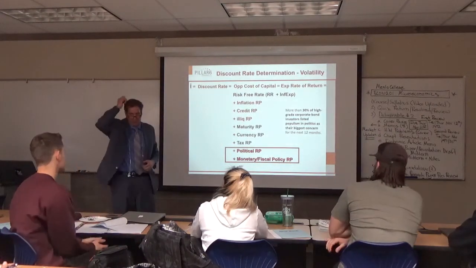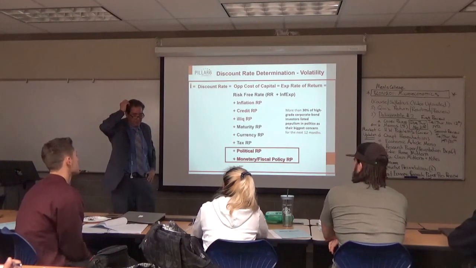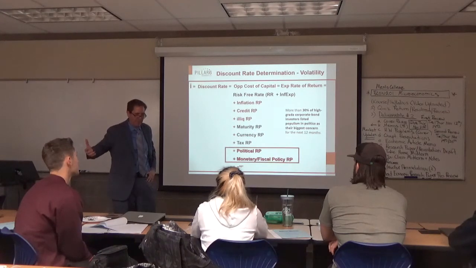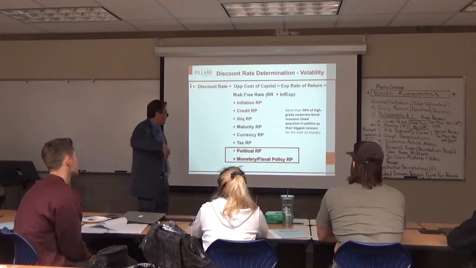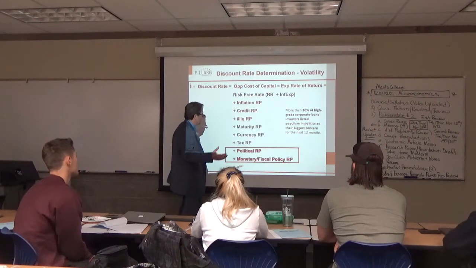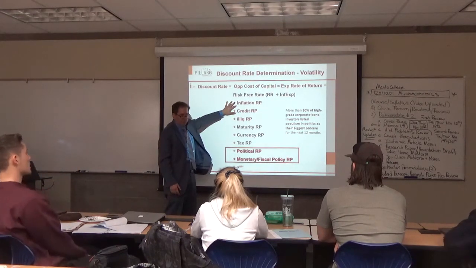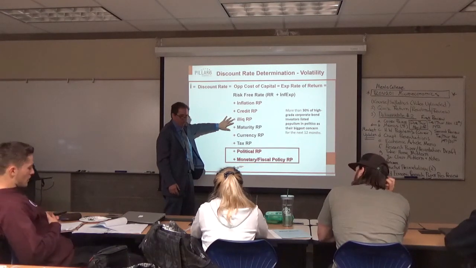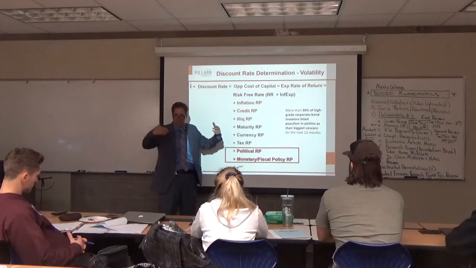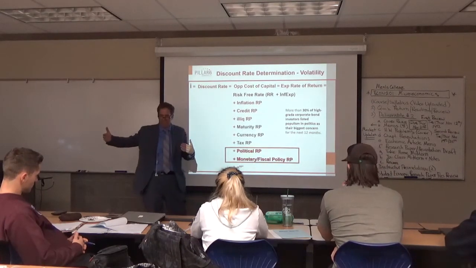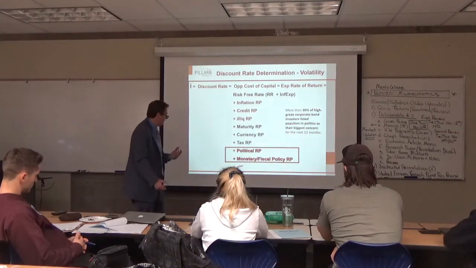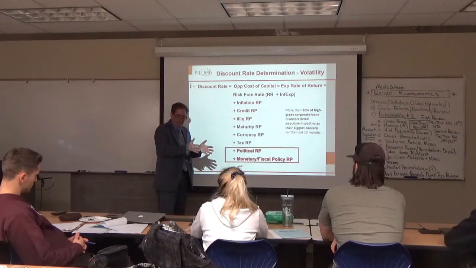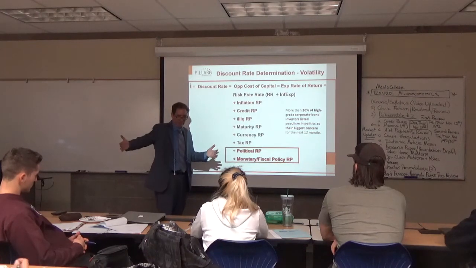And you may be asked at some point in your firm, I've been asked multiple times, what is the discount rate that I should be using to apply to these cash flows to come up with the intrinsic value? So you start with the base rate, and then you add on inflation risk premiums, credit default risk premiums, illiquidity risk premiums, and again, the longer the life or maturity of the asset, the more illiquid it is. Maturity risk premiums, again, the shorter maturity instruments are less risky than longer maturity